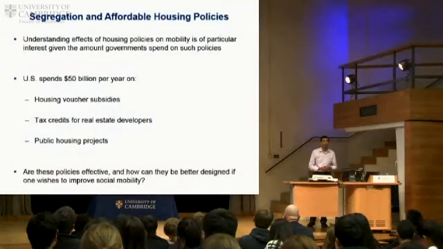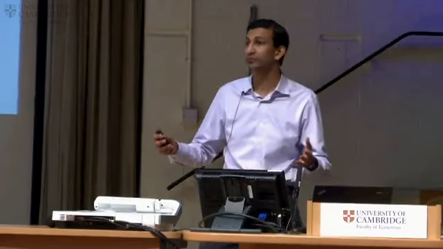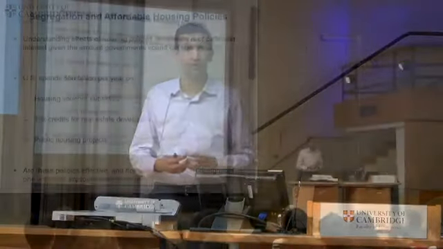Other policies include tax credits for real estate developers to build properties that will be affordable by low-income households. Or another major aspect of affordable housing policy in the US, especially historically, is building large public housing projects, which basically are enormous complexes which have low costs where low-income families below a certain income threshold are eligible to